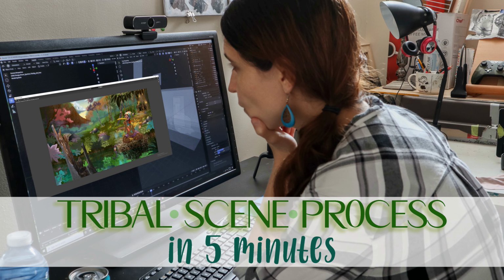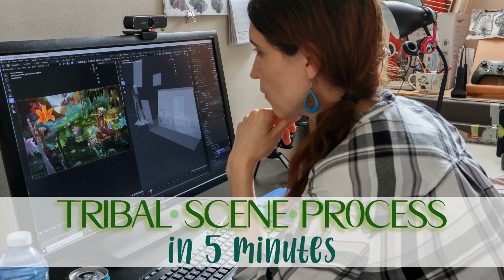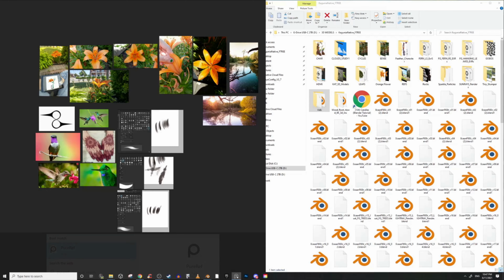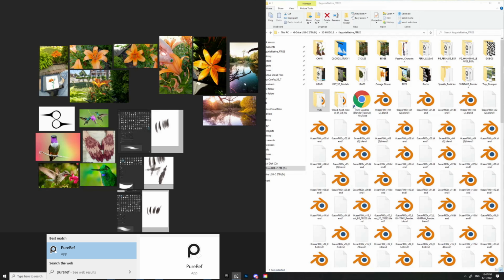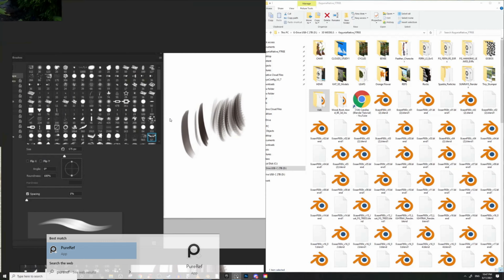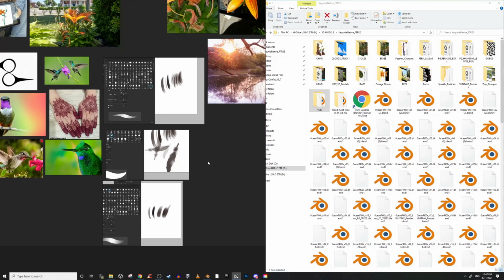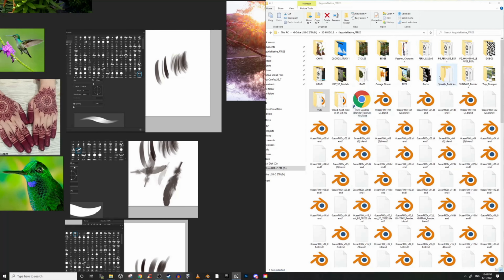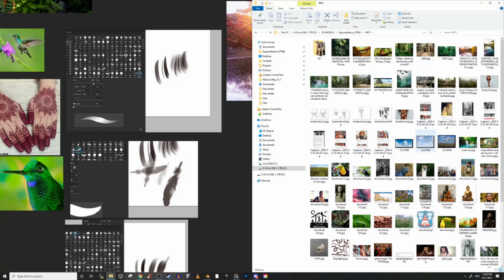Tribal scene process in 5 minutes. No less. All right, open up PureRef, bring in all your references. Try to take some references with your camera because that definitely helps. And also experiment with your brushes before you get started. Set up a folder system for yourself and remember to stay organized because everybody loves references and you can never